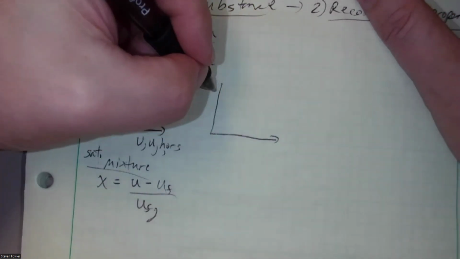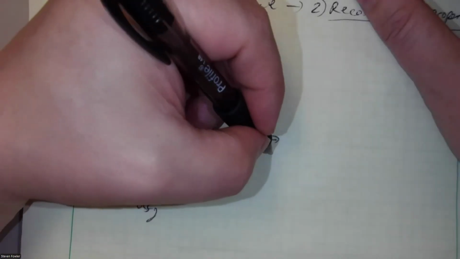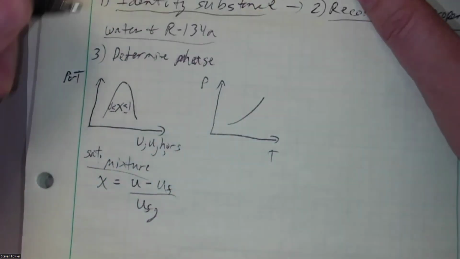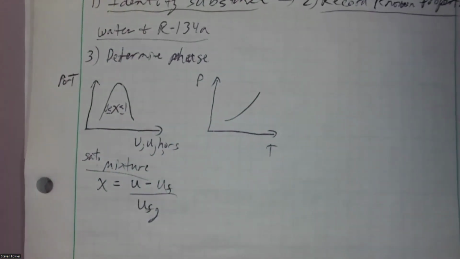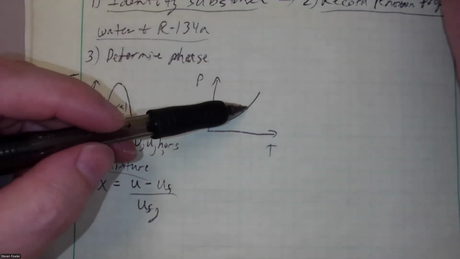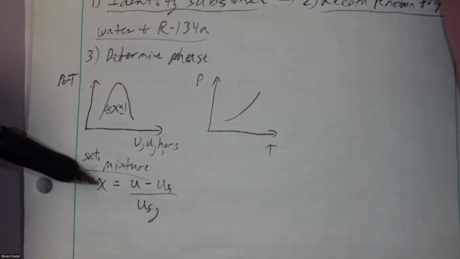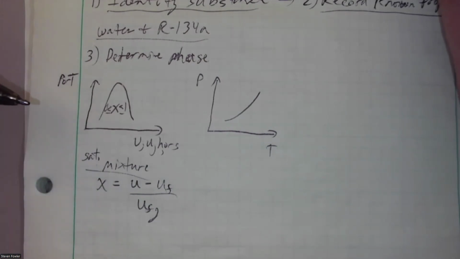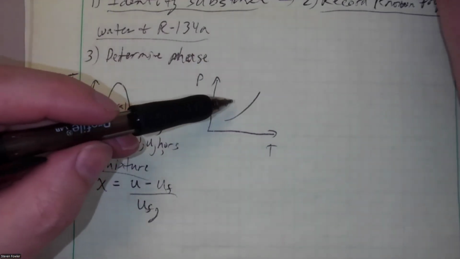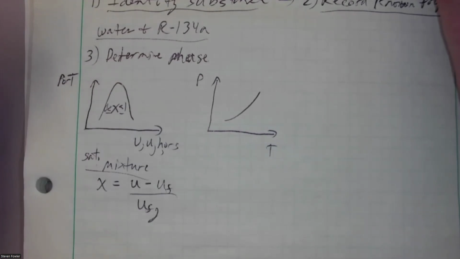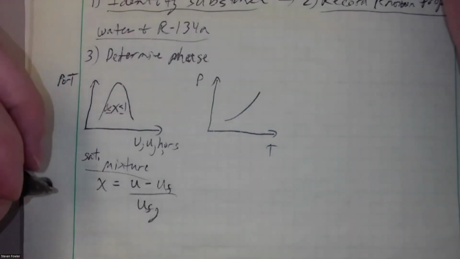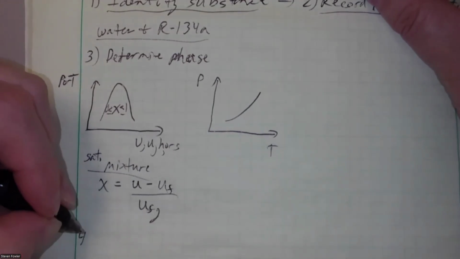If I'm given P and T, then I've got this curve. And then it's simply: either I'm on the dome, which means it's saturated something, and I have to figure out another property to get the quality, or it's to the left of the curve, which means it's liquid. To the right of the curve, it's superheated vapor. Right? So that's three cases for water and R134a, and then common steps of